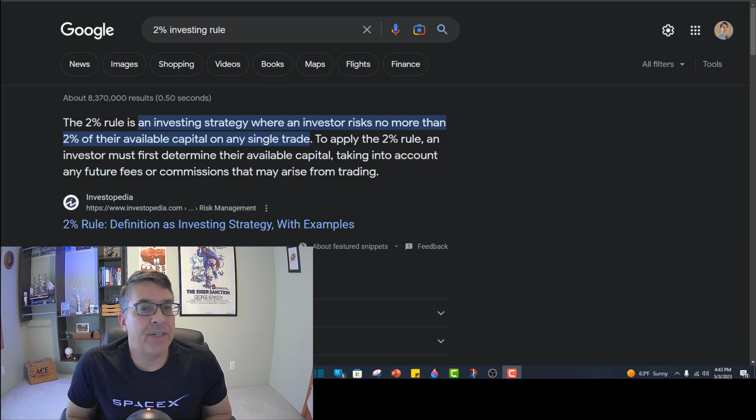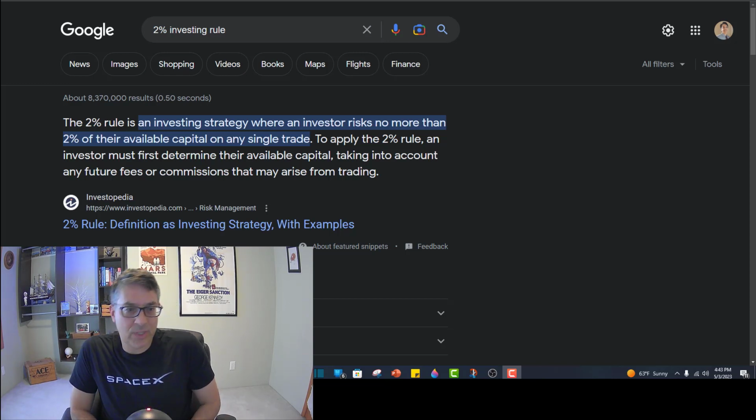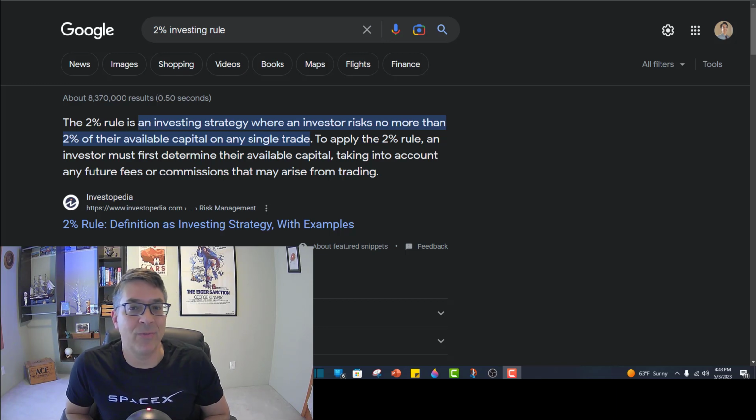With that, let's go to the first question. All right, the first question is from William Sanchez, who asks, how do people allocate their funds to control risk? And he said he knows about the 2% rule. The 2% rule, somewhere along the line, someone came up with this supposedly brilliant idea. The 2% rule is an investing strategy where an investor risks no more than 2% of their available capital on